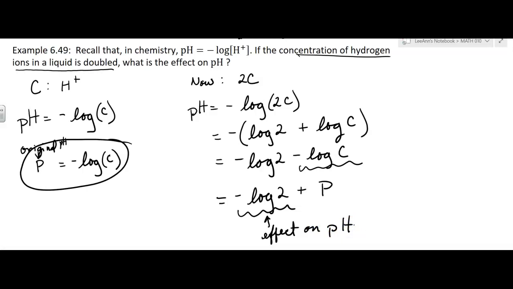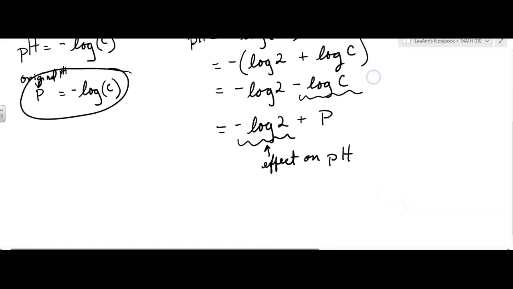We're going to say, what is the log? Or let's do the opposite. What's the opposite of the log? It's a common log, 2. We can just use our log button. And let's see, let me scroll. The opposite of log 2 is approximately negative 0.301. So the effect is it's going to decrease